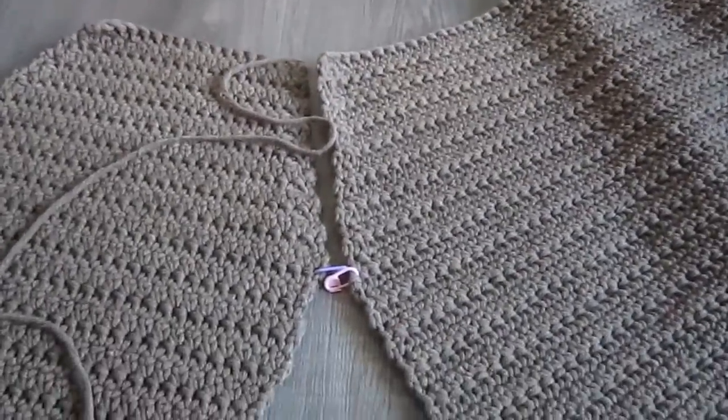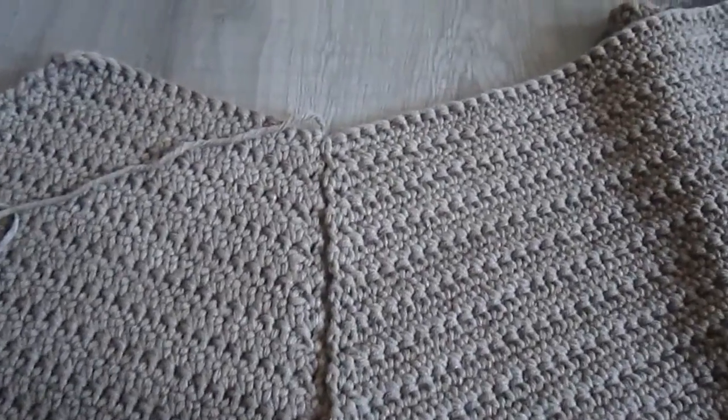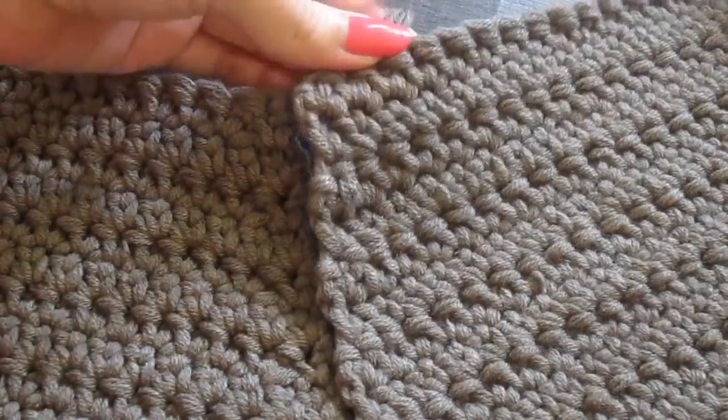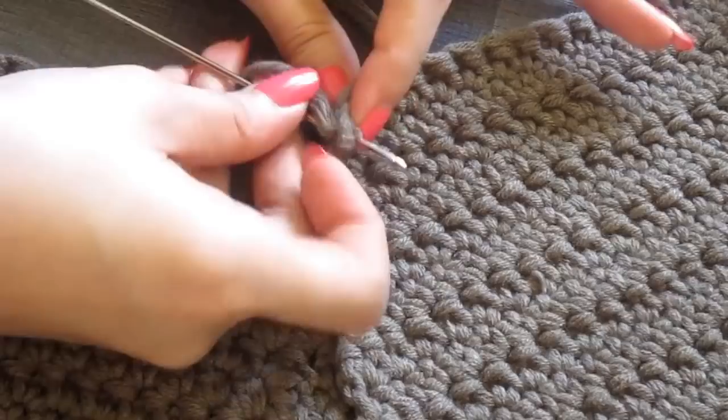Okay, a little bit closer so you can see properly. Okay, a little bit closer. Okay, can you see it? Is it okay? Okay, so now I'm just going to